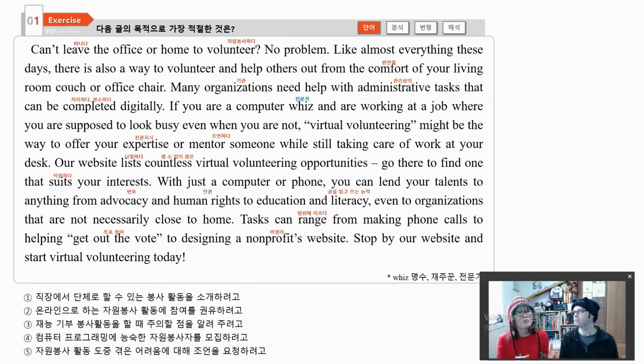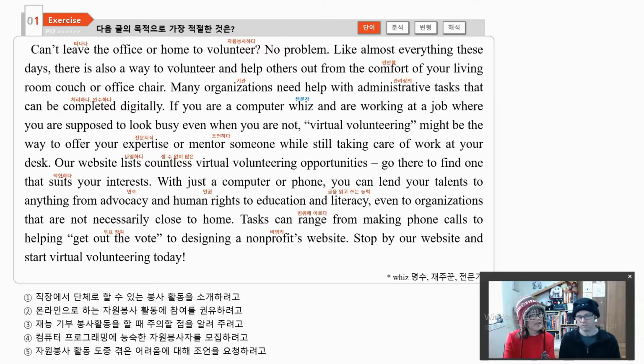So how can you volunteer online according to the text? So there's lots of different ways. And it says not just online, but also by phone. But it says you can do it for things like helping people to read or with their problems or also mentoring, which is helping them learn something. So it's kind of lending your talent, right? That's right. All right, then.